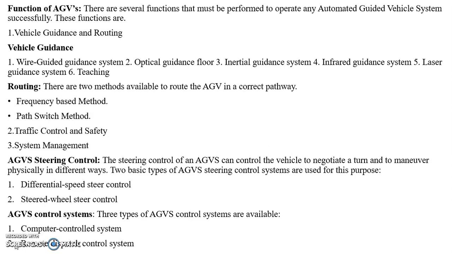This generator produces low voltage, low current frequency signals. This creates a magnetic field along the pathway that may be followed by the sensors built into the AGVs. The steering of the AGVs is controlled by use of these sensors, and the relative strength of the magnetic field on each sensor